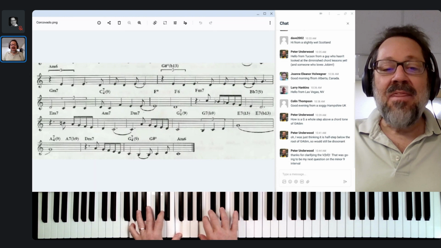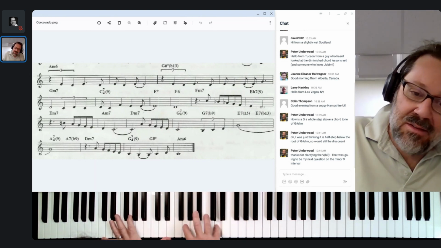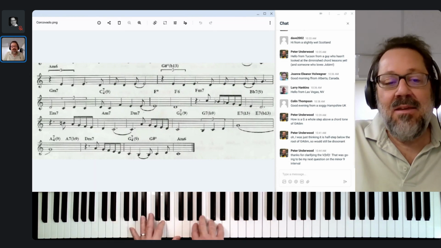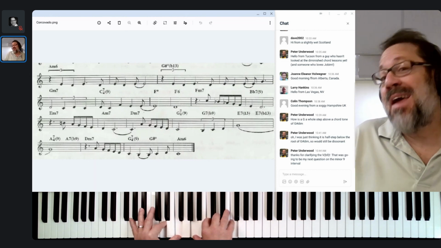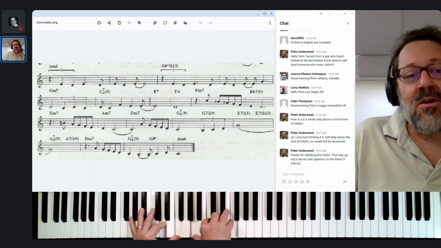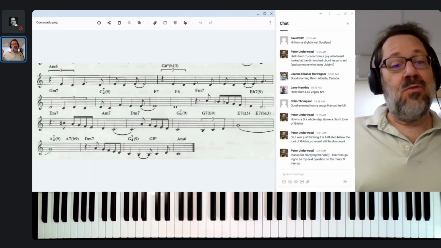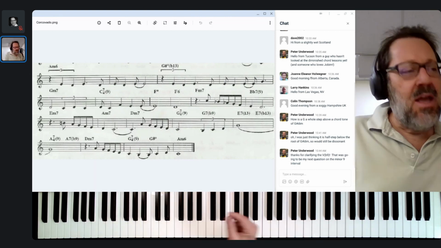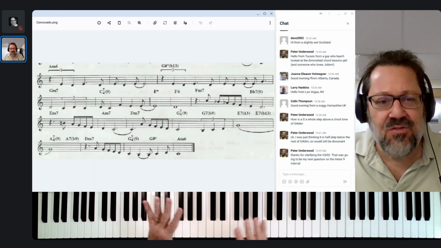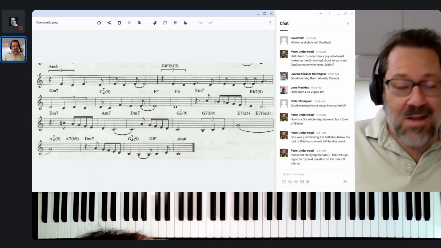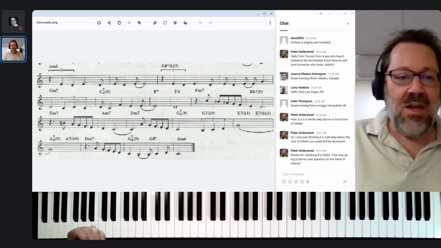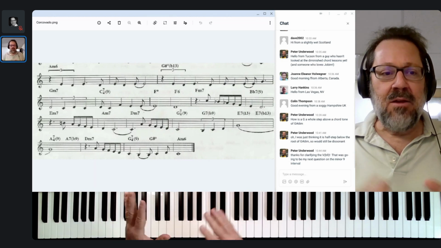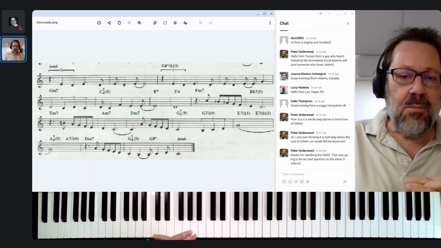5, and then instead of resolving to 1, he suddenly remembers, oh, wait a minute, I want to end up in A minor, right? I started in A minor, I want to end in A minor. Now, you don't have to. Lots of songs start in the relative minor, end in the relative major, especially in the world of these sort of jazz standards. In fact, almost most of the songs you might think of as being minor that are part of that 20th century popular song book